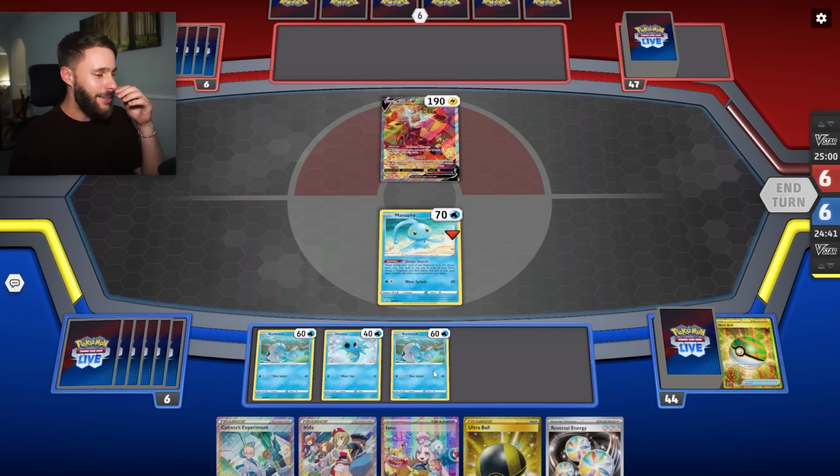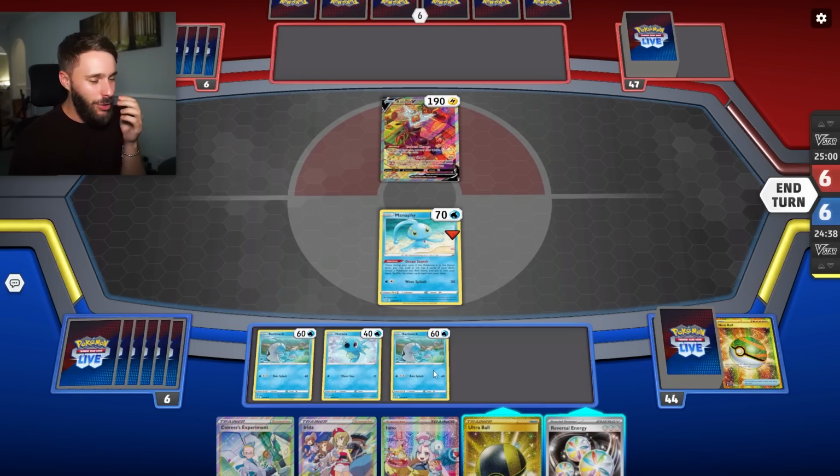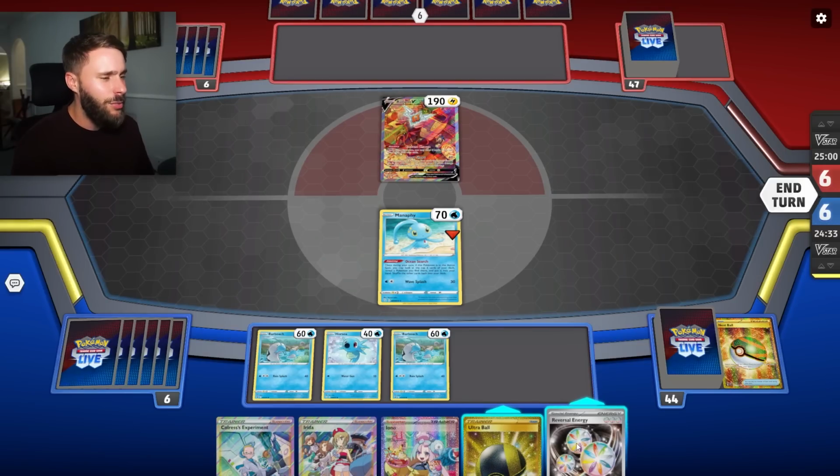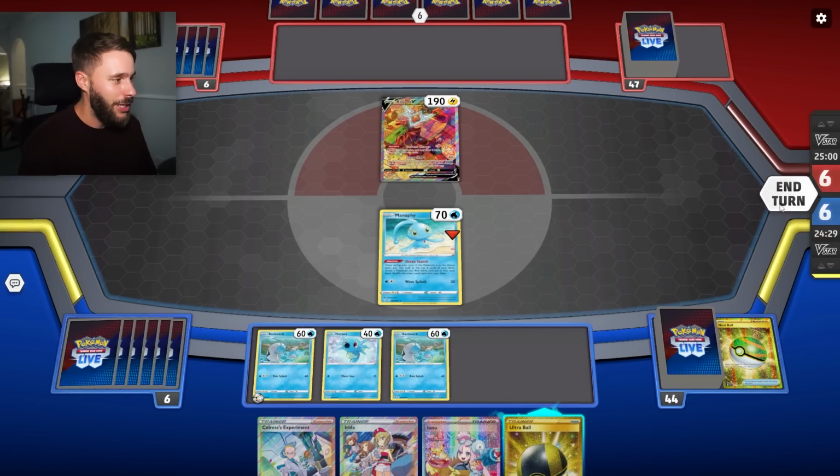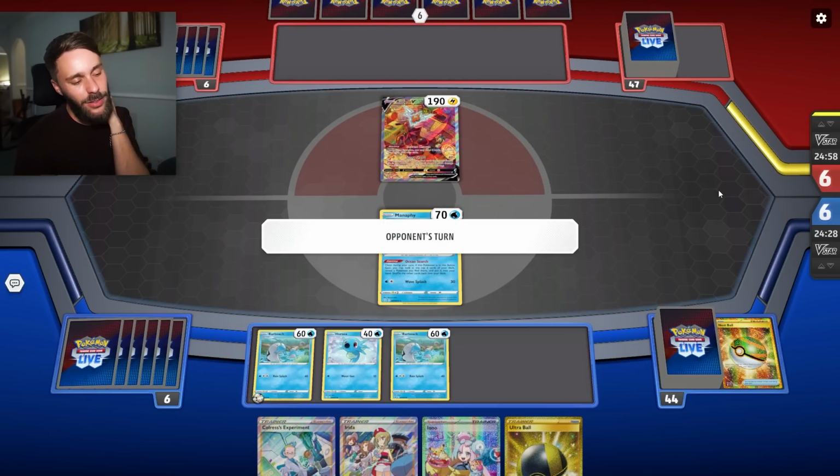I could try and get my Bronzor down now, but I don't actually need to. We've got time. I think what I'm going to do is just... Do I attach the reversal now? It's a bit aggressive, but I think I might. Let's throw that down here. I'm just going to end my turn, and maybe next turn I can go for...